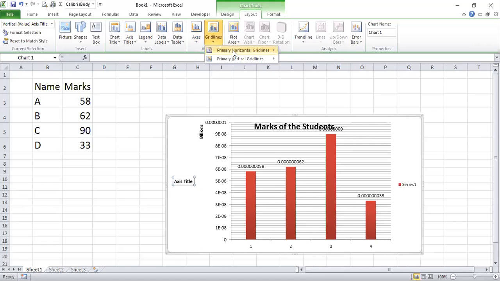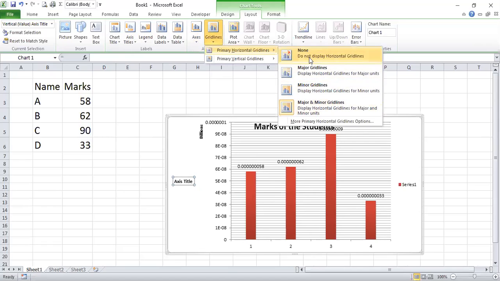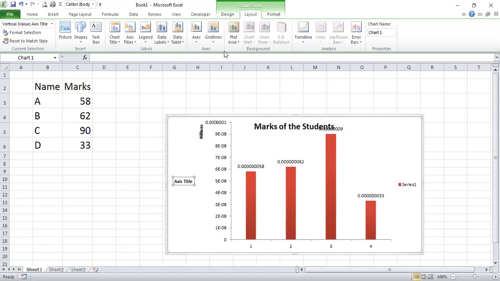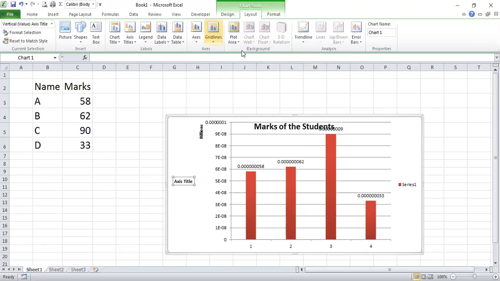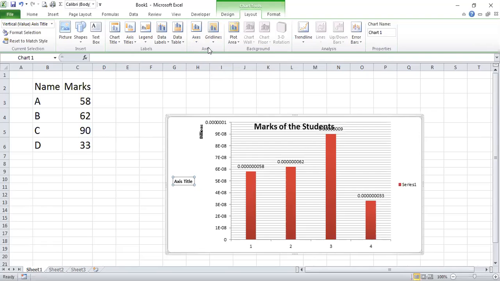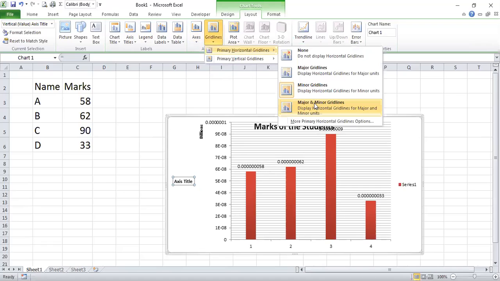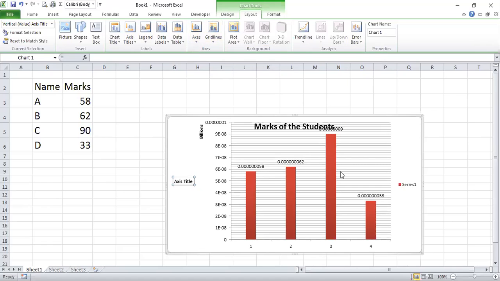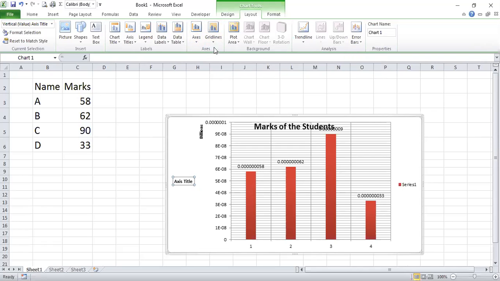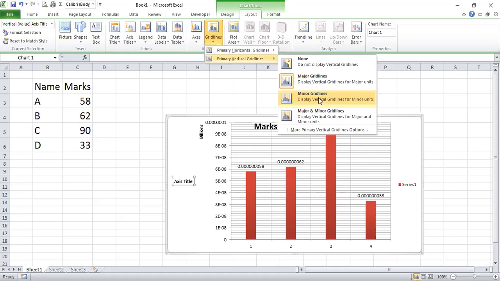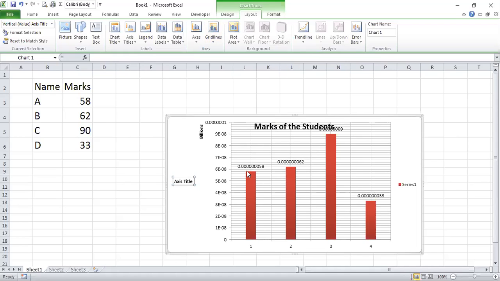Fine. And these are the grid lines. Grid lines, by default, if you want to remove, the lines will be removed. And if you want to add only major lines, these are the major lines, and these are the minor lines only, and these are major and minor both. Likewise, you can do it on the vertical part also. Major grid lines on the vertical, these are straight lines like this, and then minor grid lines and major and minor vertical grid lines. Likewise, you can give these values also.